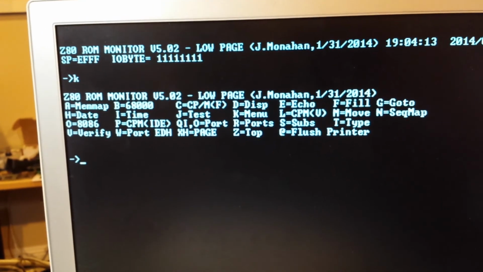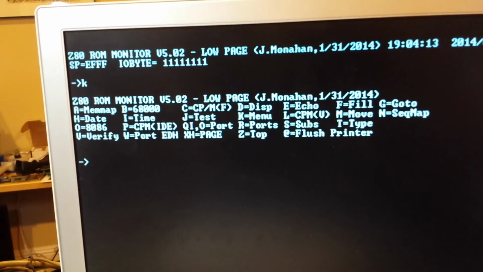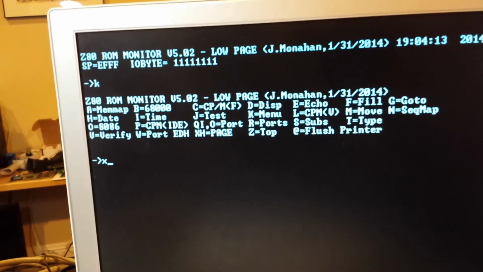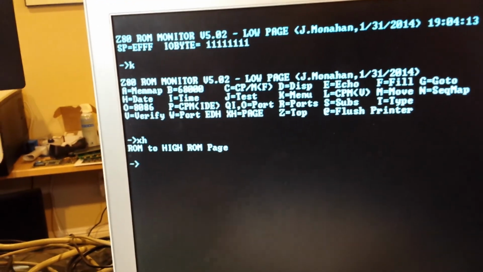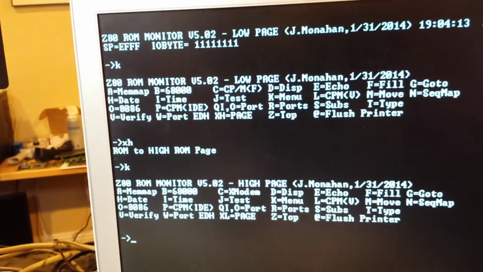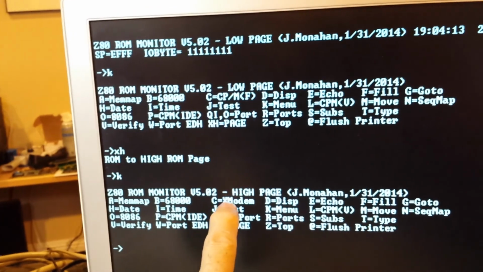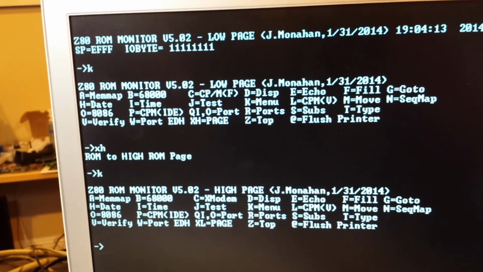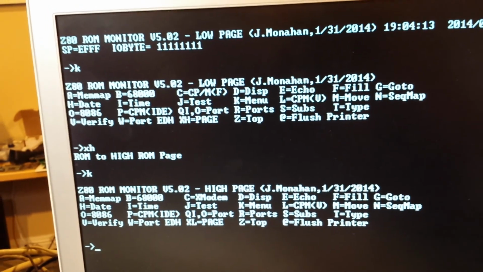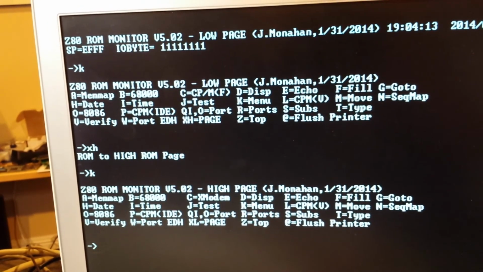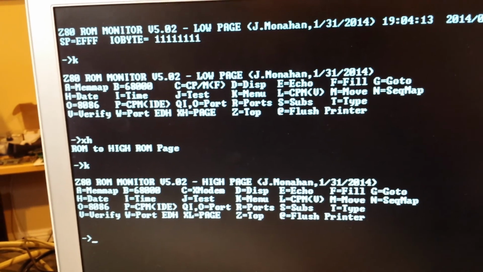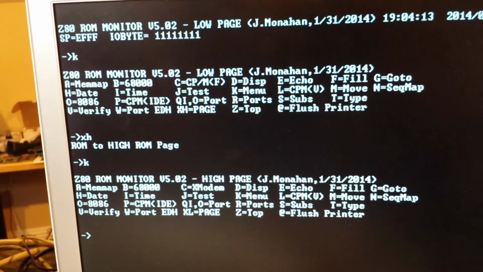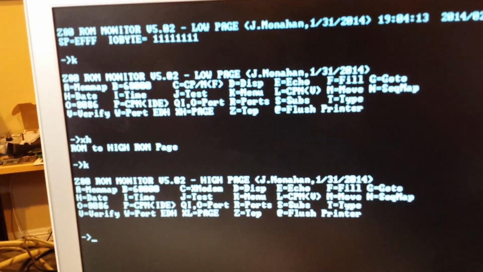If I switch to the upper 4K page with the XH command and now do a K command, you can see that the C command now has been switched to the X modem command. This command allows you to download over the serial port a file directly into essentially anywhere into memory, typically from a PC. So if we go over to our PC,